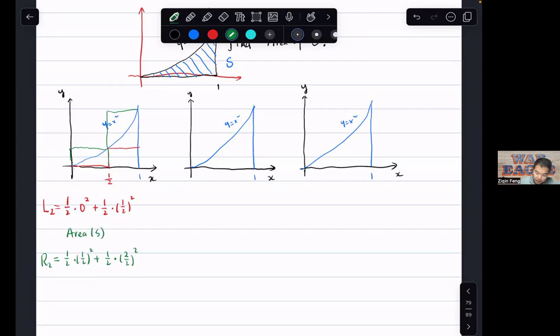We know that these two red rectangles lie inside the region S. And these two rectangles obtained through the right endpoints